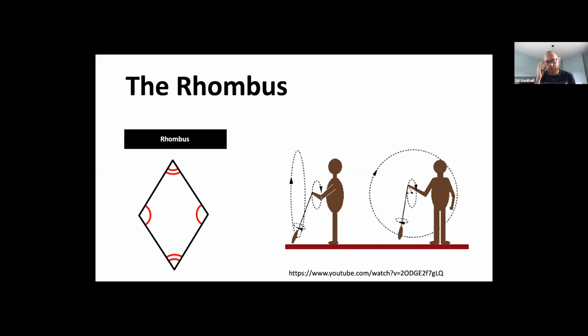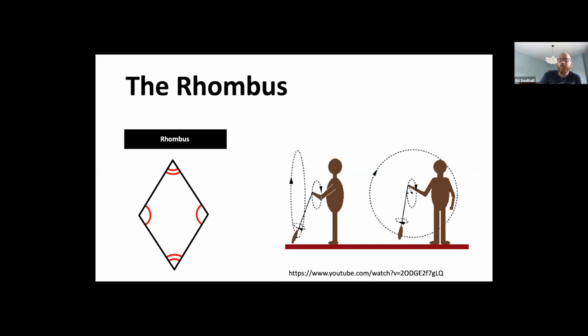And the story goes, make sure you've got some salt in between your fingers right now for that pinch. The story goes that the rhombus is something that was used in sort of religion, and it's like a spiritual tool, if you like, and people would attach something that was called a rhombus to a cord, and they'd be swinging it around their head, and it makes a really loud sort of sound.